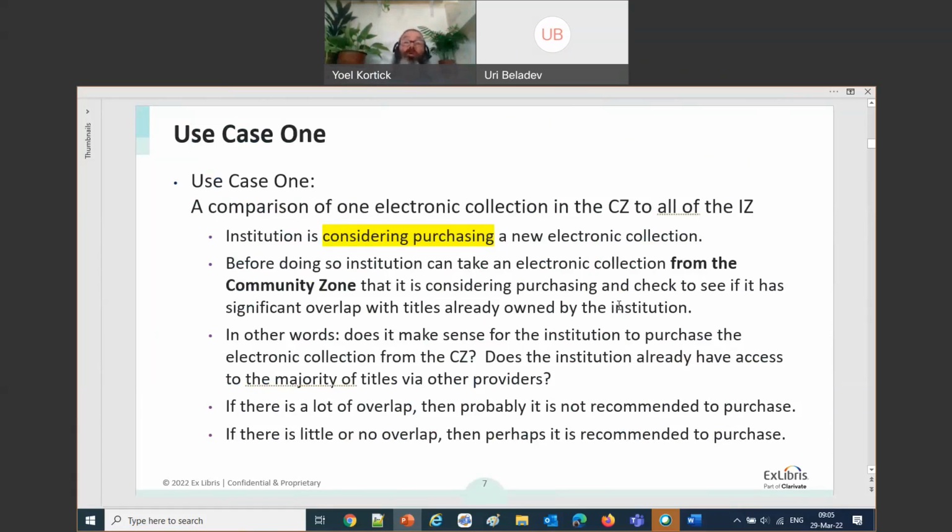How much do I already have? And how much is new? And among those which I already have, how much of the same coverage exists? And that's usually in the case of journals. From what year to what year do I have coverage in one collection? And from what year to what year will I be getting coverage if I purchase the new collection? So that's the first use case, where down here at the end,